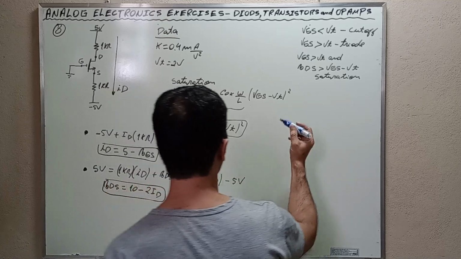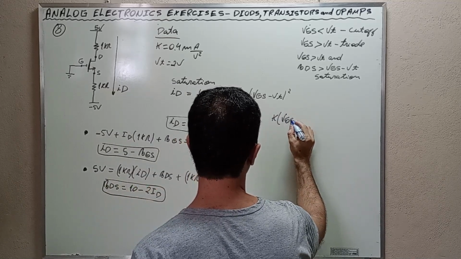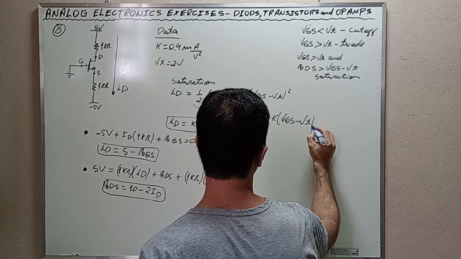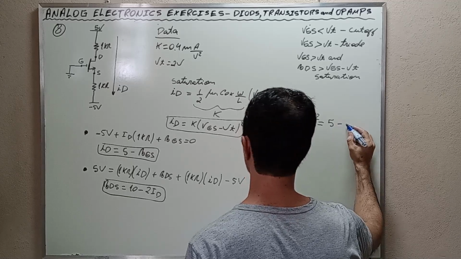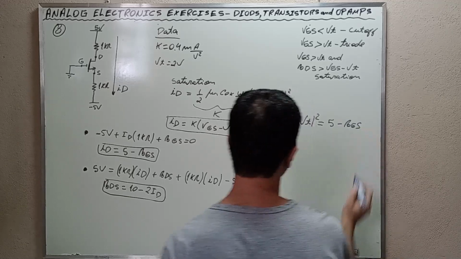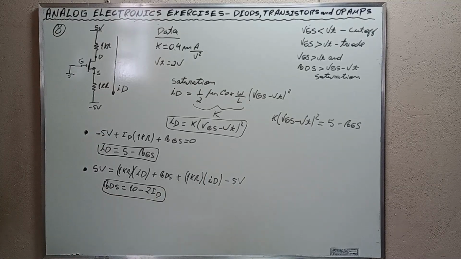It is then K times (VGS minus VT) squared equal to 5 minus VGS. Alright? Developing this expression, it is easy, I invite you to try it, we find that